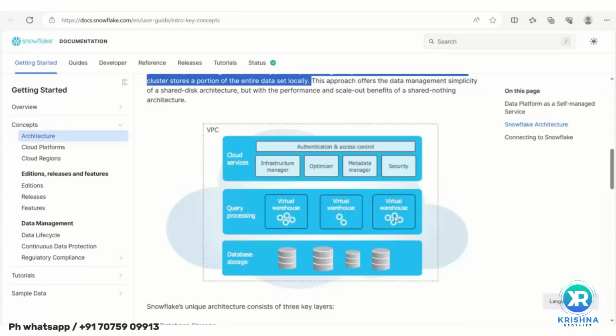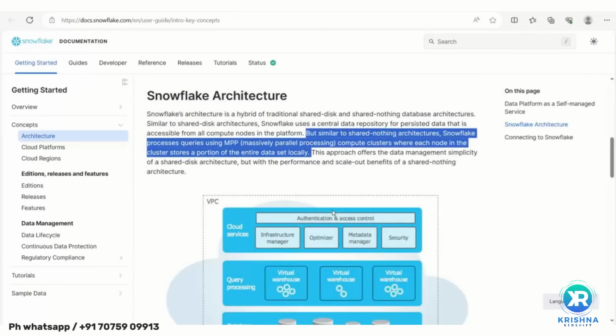See, these are virtual warehouses. You can configure how many. I will show you when I create that cluster. When you have two virtual warehouses, the same data is logically present in the two virtual warehouses. For example, with three virtual warehouses, the same data is logically present in the three. Or let's say you have four virtual warehouses. The same copy of the data is locally stored within those virtual warehouses. So that is called massively parallel processing, meaning